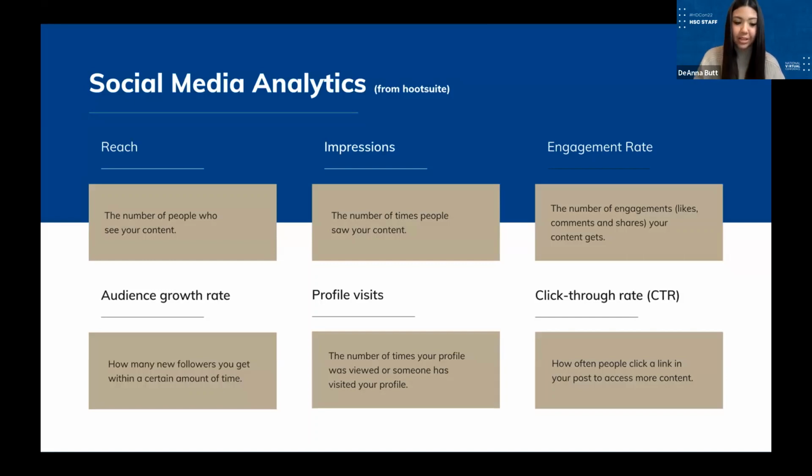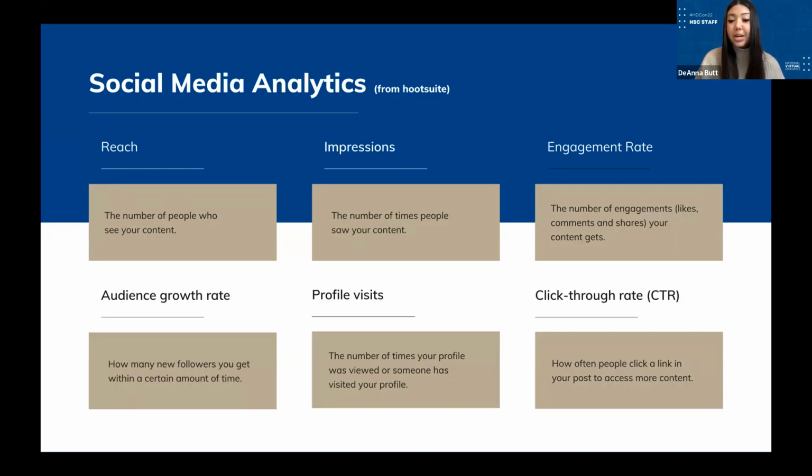In this slide right here, for reach, the reach is basically the number of people who see your content. This percentage can be of your followers or of your non-followers, which is great to see, especially comparing the percentage of non-followers, because that means you're reaching people outside of your organization or your community, which is always great to see. Impressions is the number of times people saw your post. This can be higher than reach because the same person might look at your content multiple times, and that's okay. And then engagement rate is a measure of the number of engagements. So this is the likes, the comments, the shares, all of that stuff adds to the engagement rate, and that all creates that number for us.